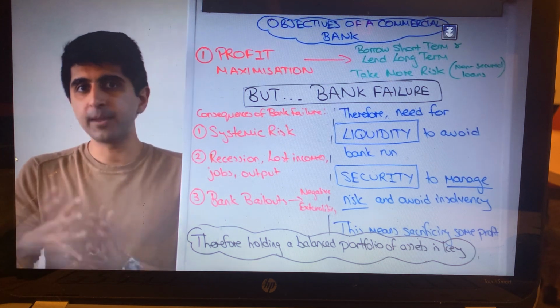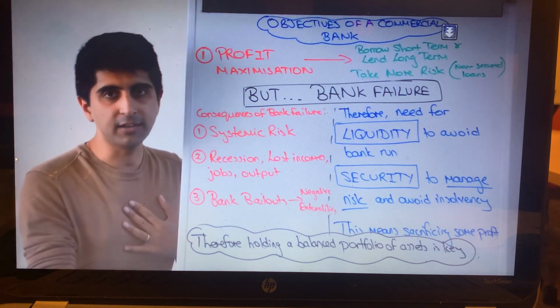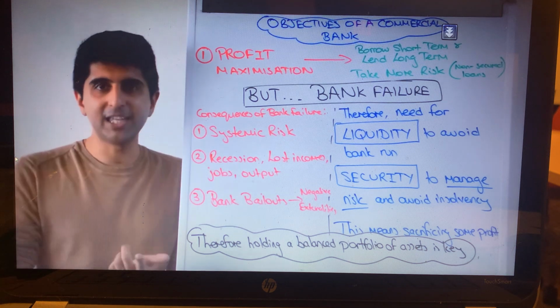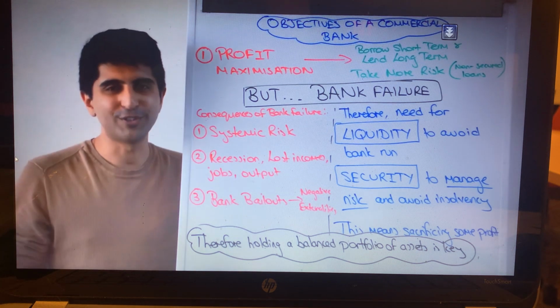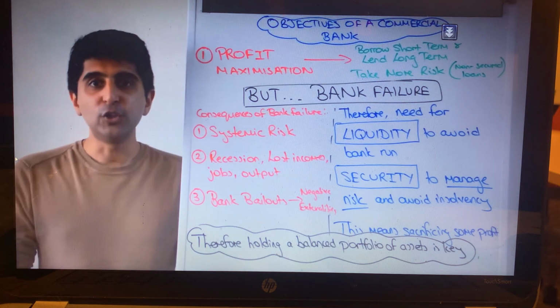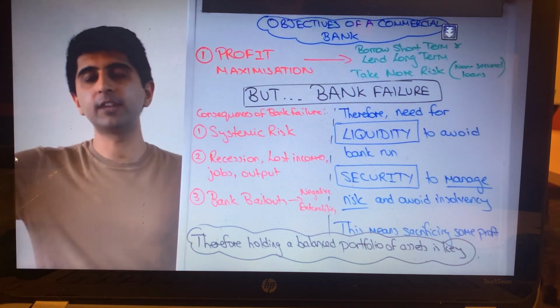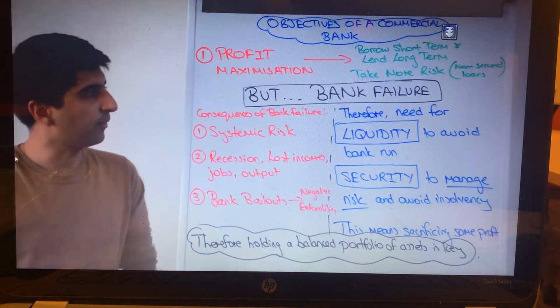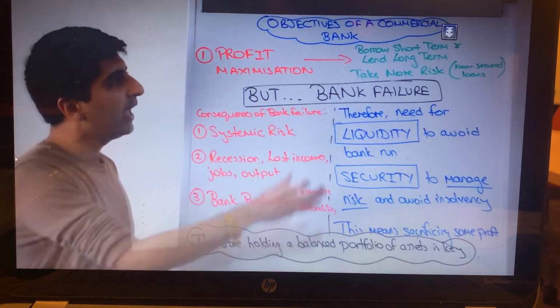Now, shareholders are very important because you as a commercial bank manager are liable to your shareholders. If you're making loads of profit, you're going to keep your job. If you don't, you might lose your job. If you're making loads of profit, you might get a higher salary, great for you. You might get more perks, great for you. That all is going to be determined by the shareholders. So profit maximization is very important for that reason because you've got shareholders.